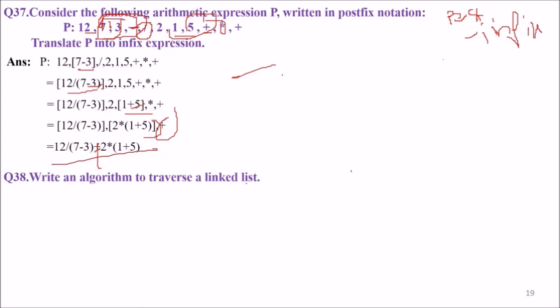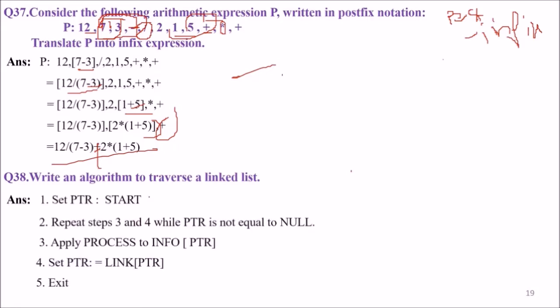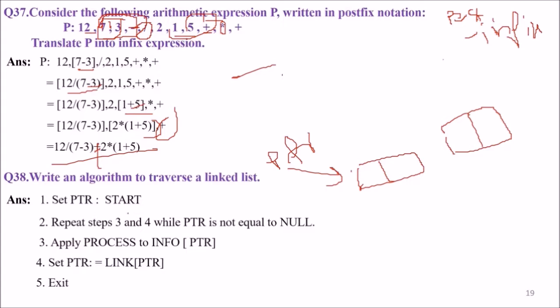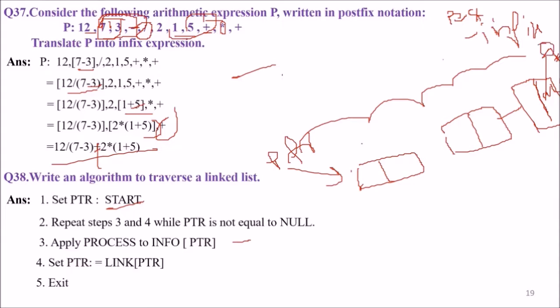Now write an algorithm to traverse a linked list. How can we traverse a linked list? In a linked list, what happens? If this is a linked list, we have a head, which is a pointer, header or start, and we'll do it till we reach the end, that is, this will be null. The last node will contain the pointer as null, which is not pointing to anything. So this will be grounded. So repeat these steps till ptr reaches null.